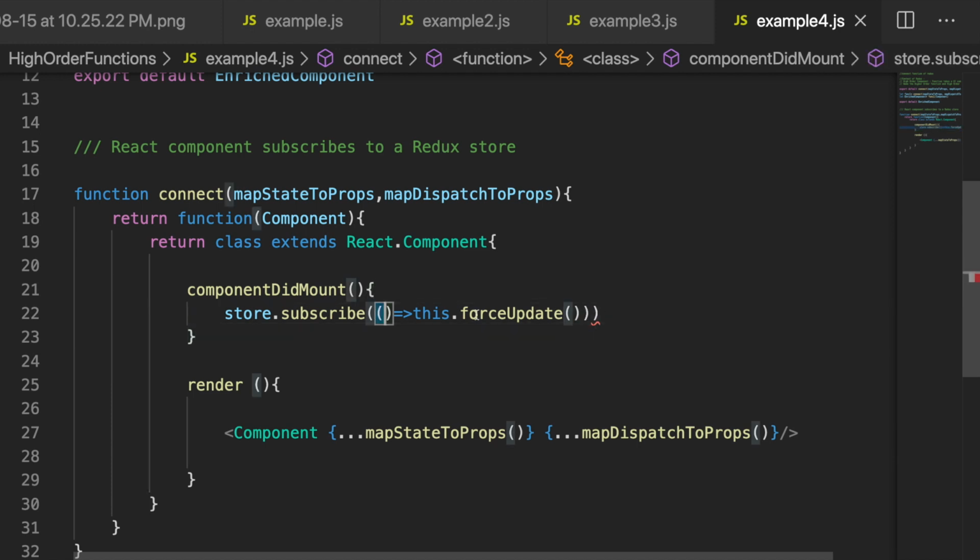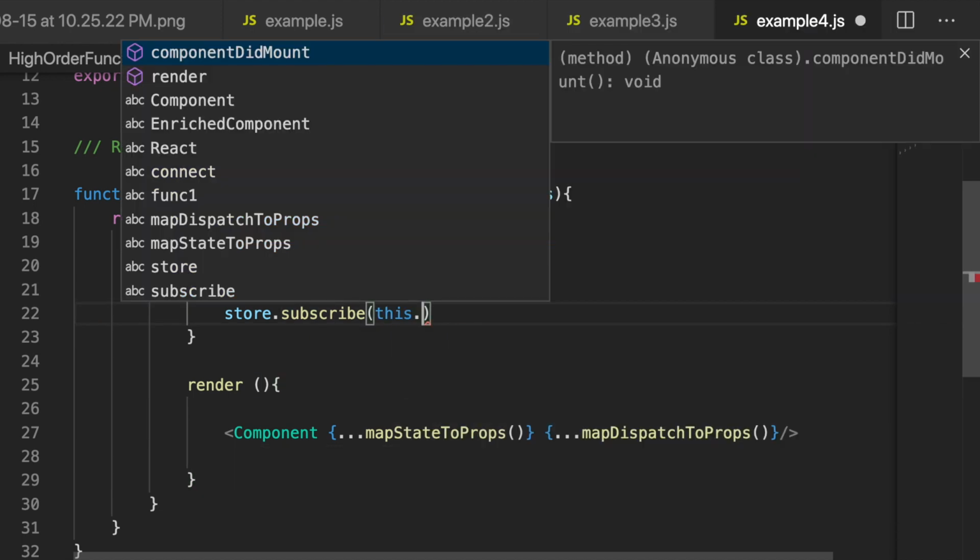Okay, so this can be a thing, but again, this is not a very optimized version because whenever something unrelated happens, this component re-renders. We know that this component should render only when these values change, whenever something actually changes in the Redux store which this component is listening to. Only when those values change do we have to re-render ourselves.